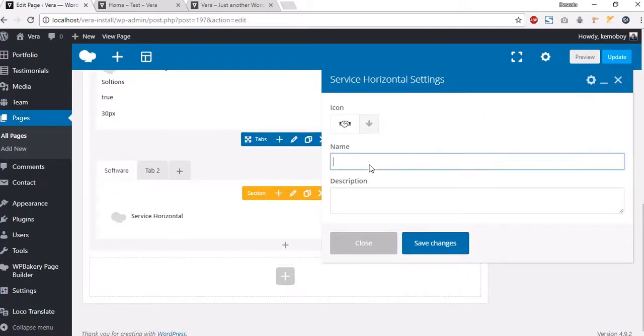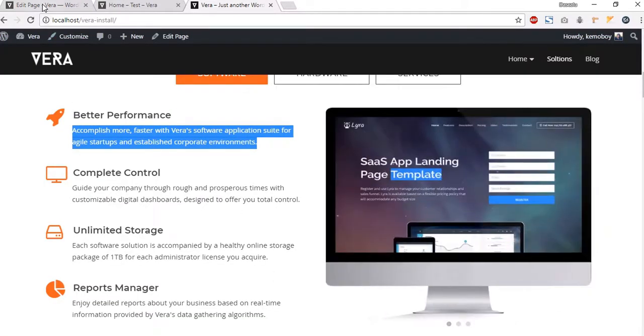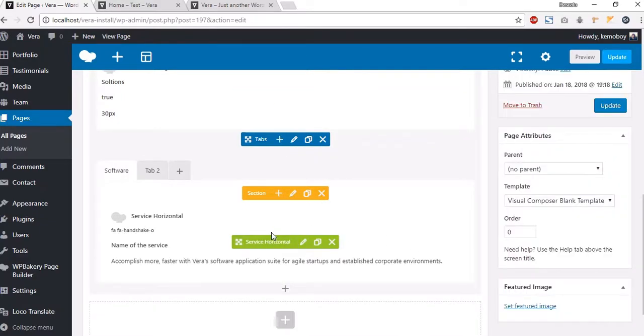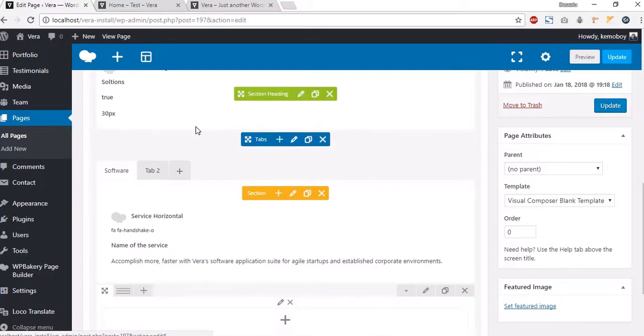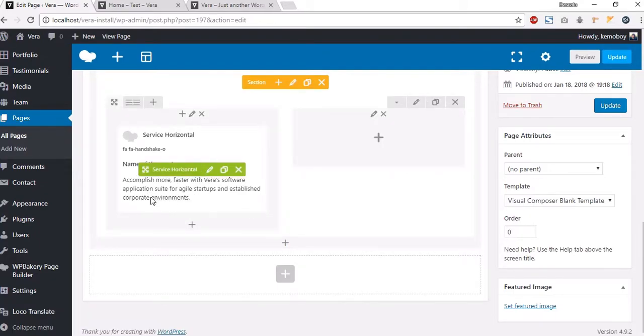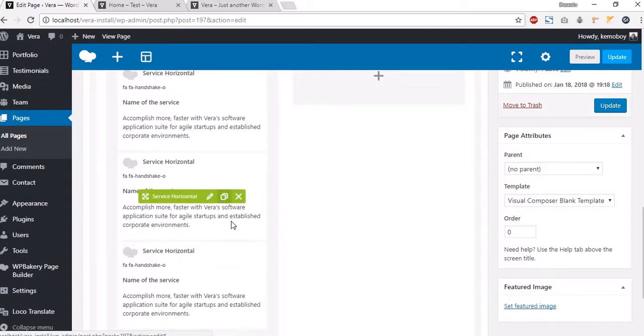I'll choose this one, choose the name of the service, and here I'll just copy this from here and paste it as a description. And of course you have to add a row and split this row in two. And for the sake of this video, I'm just gonna clone these services a few times,